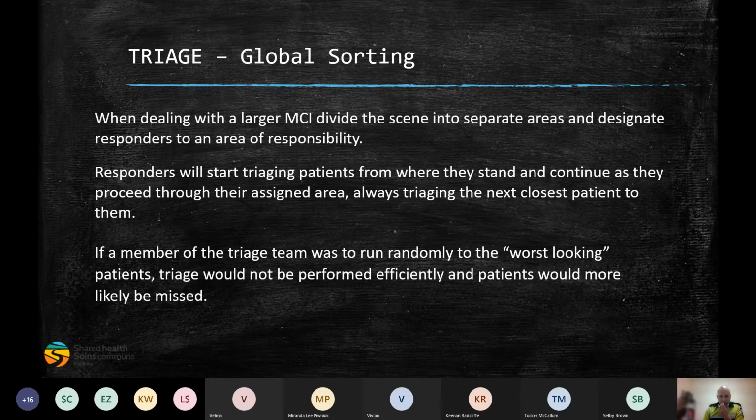Again, this is something that's a lot easier said than done. If we just start running towards the worst looking patients, we're going to miss stuff. And that's why it's nice to do this organized triage fashion where we just sweep the area and triage as we go. Because as we go from patient to patient to patient, that makes sure we don't miss anybody and